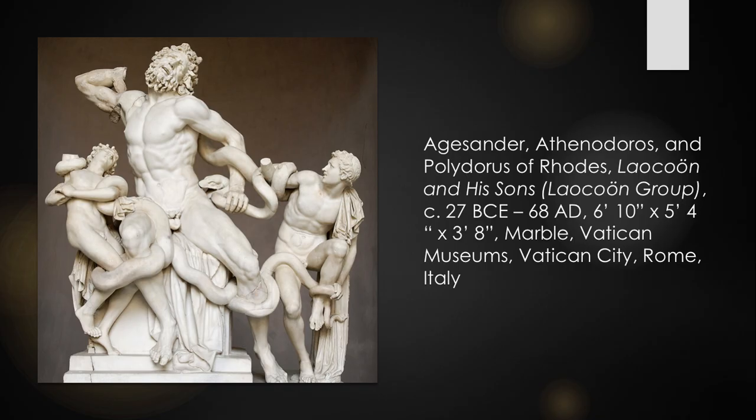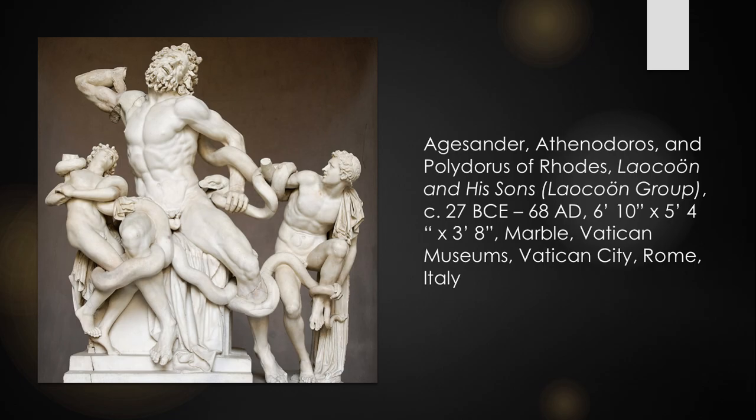So, fun thing about this statue, we knew about it before we actually knew where it was. Pliny the Elder, who was a famous historian, wrote Natural Histories, so we have tons of scientific information. We know about plants and animals that are extinct now because Pliny wrote about them during the era of the Romans. So we knew he wrote about this sculpture, but we didn't have the sculpture, so it was lost for a very long time,